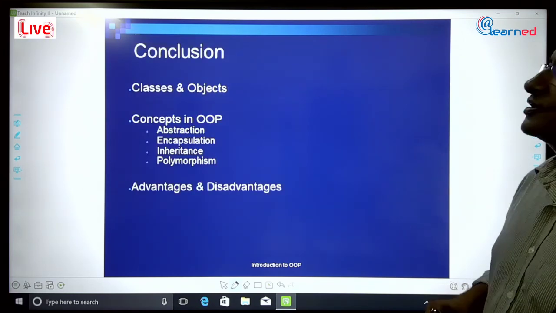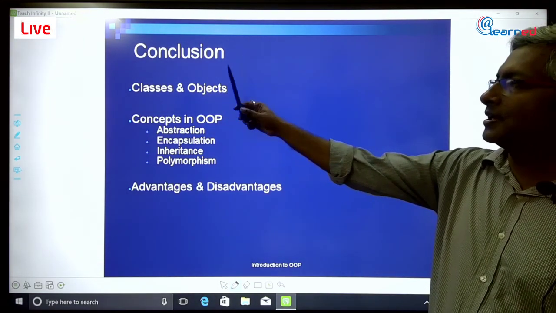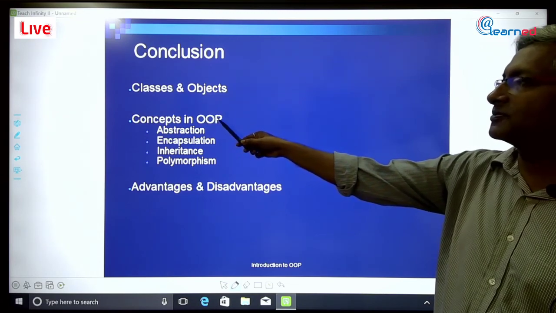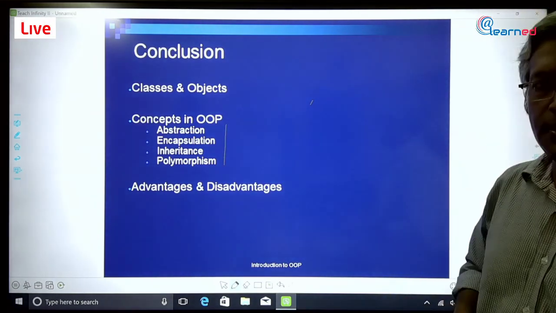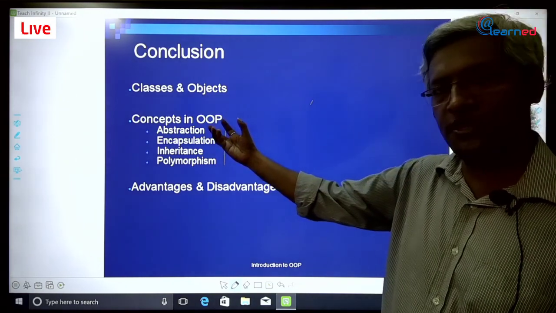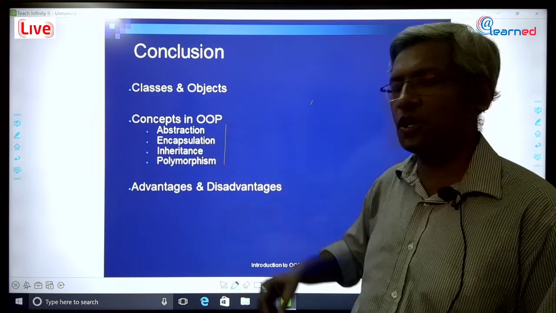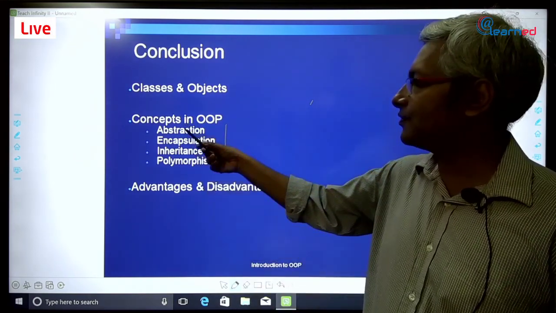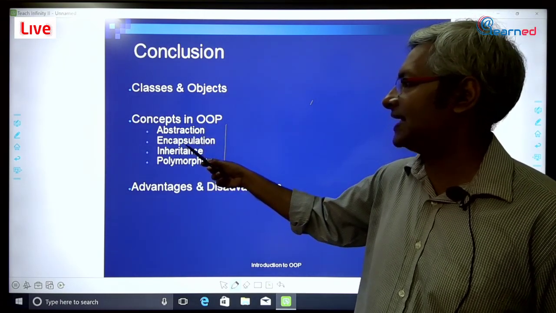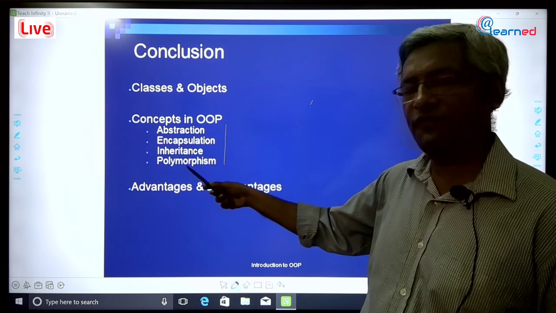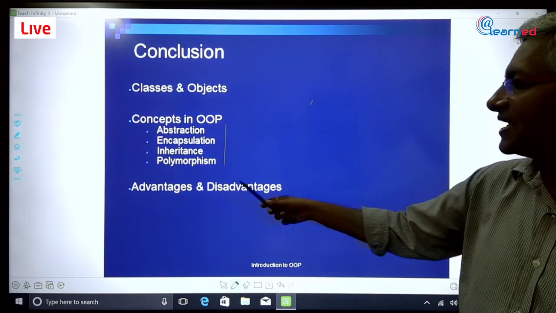This is the conclusion or a wrap-up of what we learned today. We have learned what are classes and objects, and we have learned the concepts in object-oriented programming. These four are the pillars, the actual concepts in object-oriented programming, without which, if one of these is missing, we cannot say that a programming language is object-oriented. These are four essential concepts that have to be there in every object-oriented programming: abstraction, encapsulation, inheritance, polymorphism. These concepts are very important, and we saw the advantages and disadvantages of